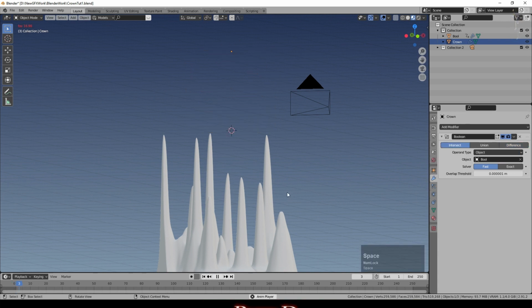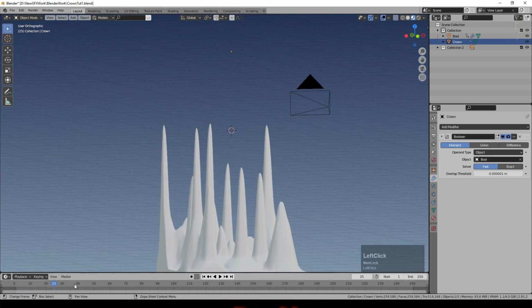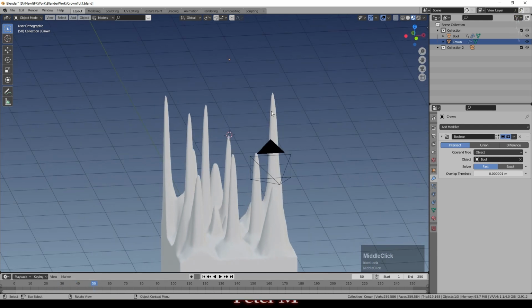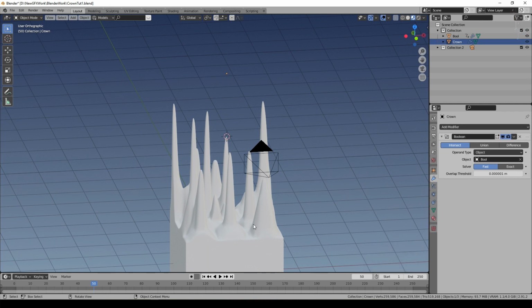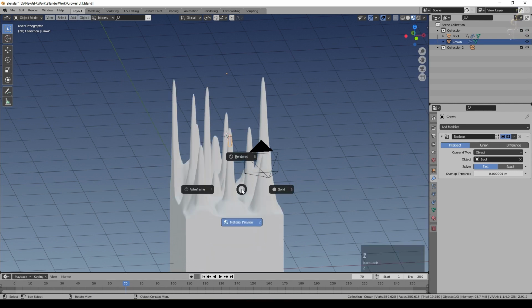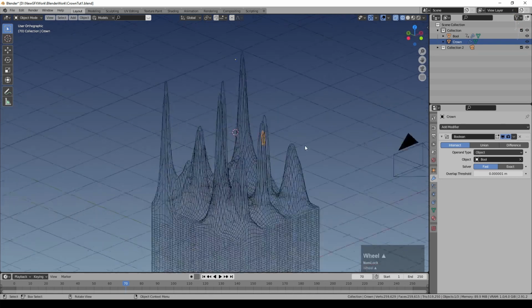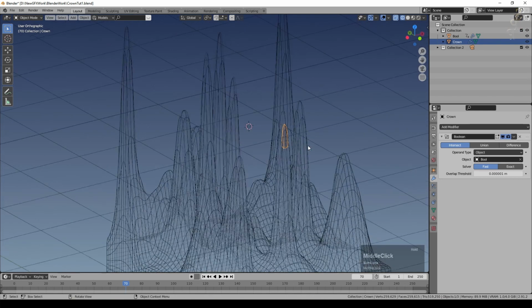So let's start moving through. You can see the animation is going very slowly now, so I have to just skip through like this. And what's happened is that we are saying only have crown where there is this bool object. If I go to wireframe, the selected area is the crown. So you can see we've got a bit of crown appearing there.